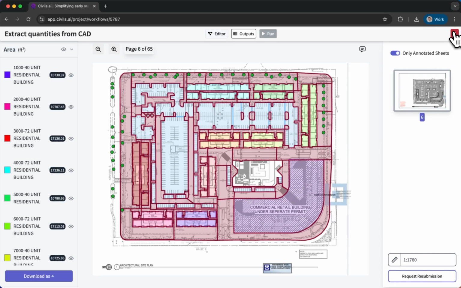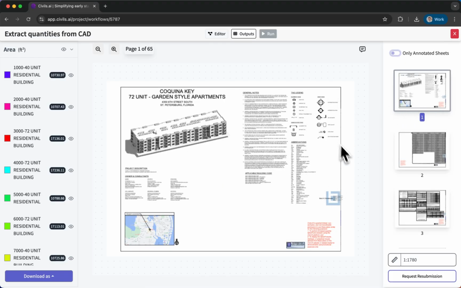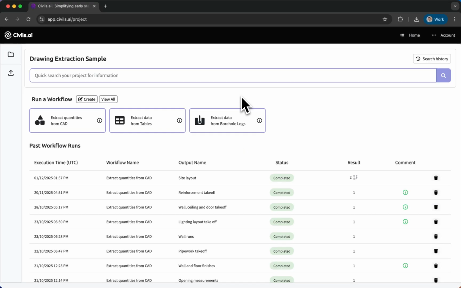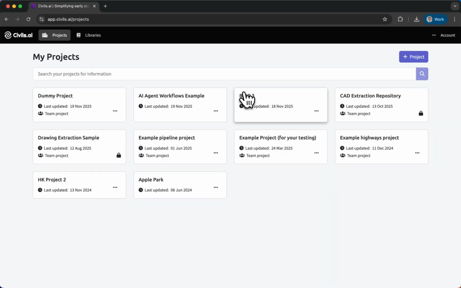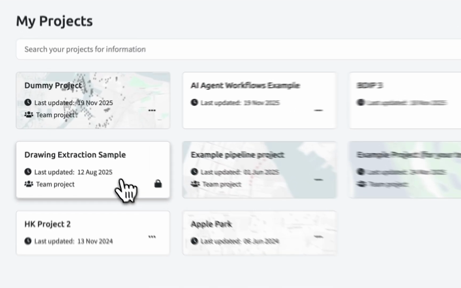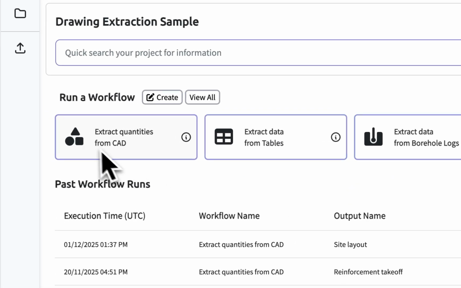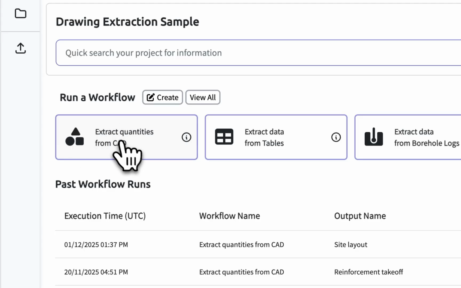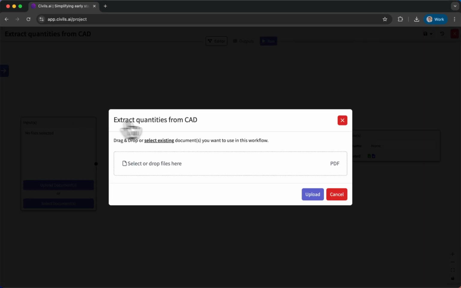So the way you actually run this is quite simple. I've uploaded this as a pack of drawings. So there's like 65 drawings in here. And the way I did that was within Civils.ai, you basically create a project. So you click this create project button up here. And then within the project, once that's set up, you just click this extract quantities from CAD, and then you